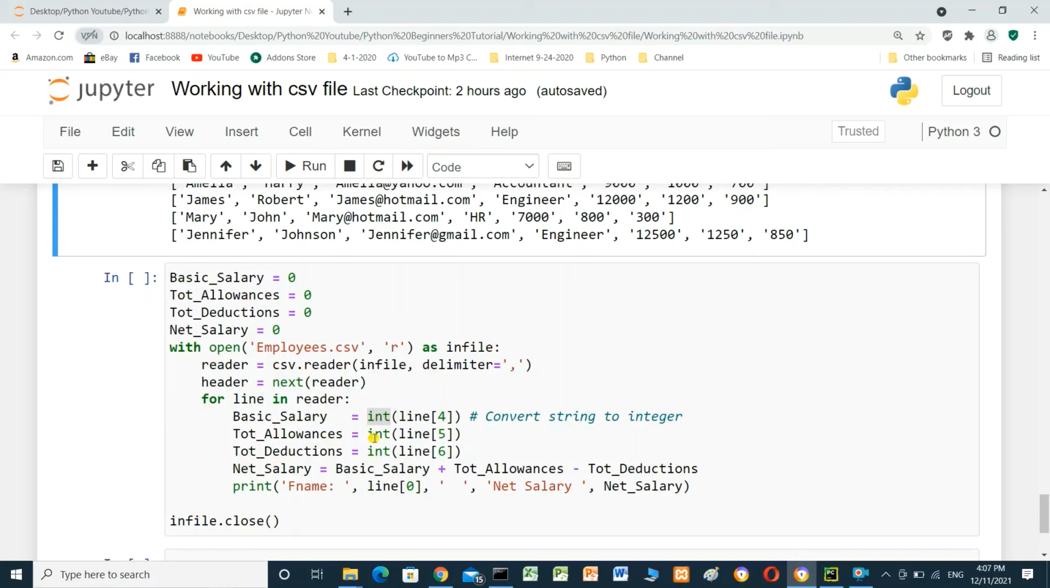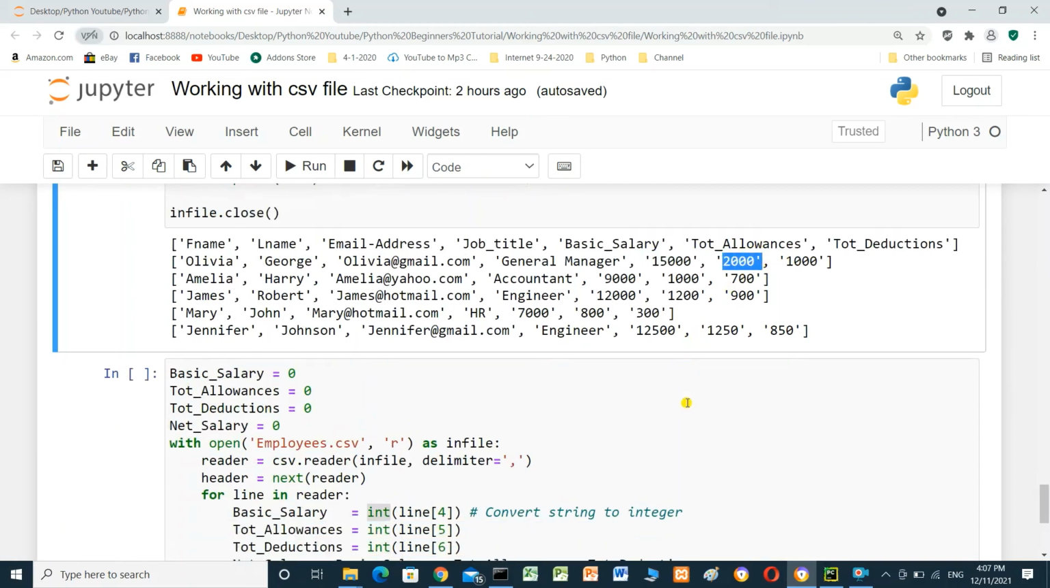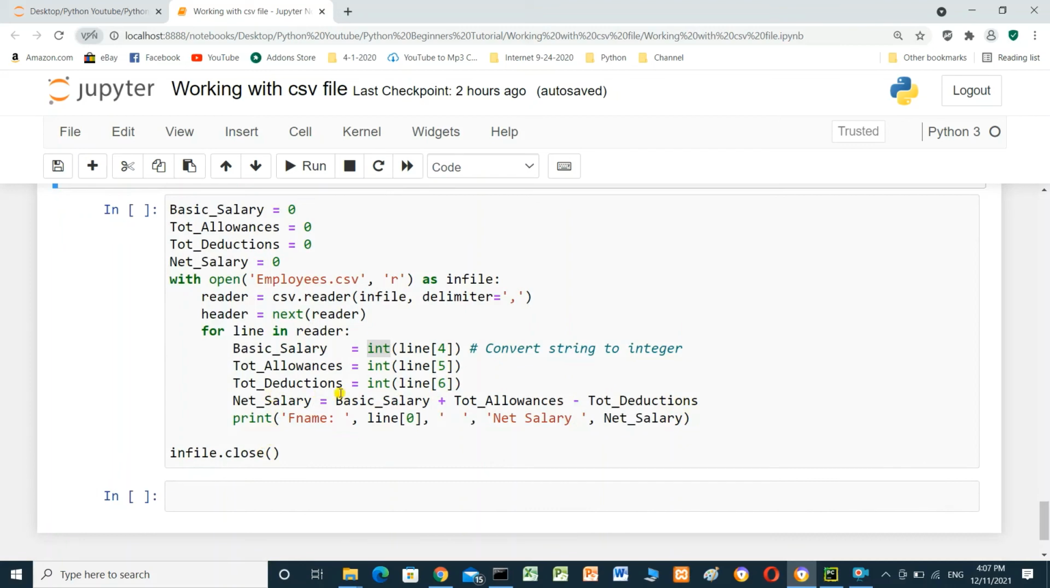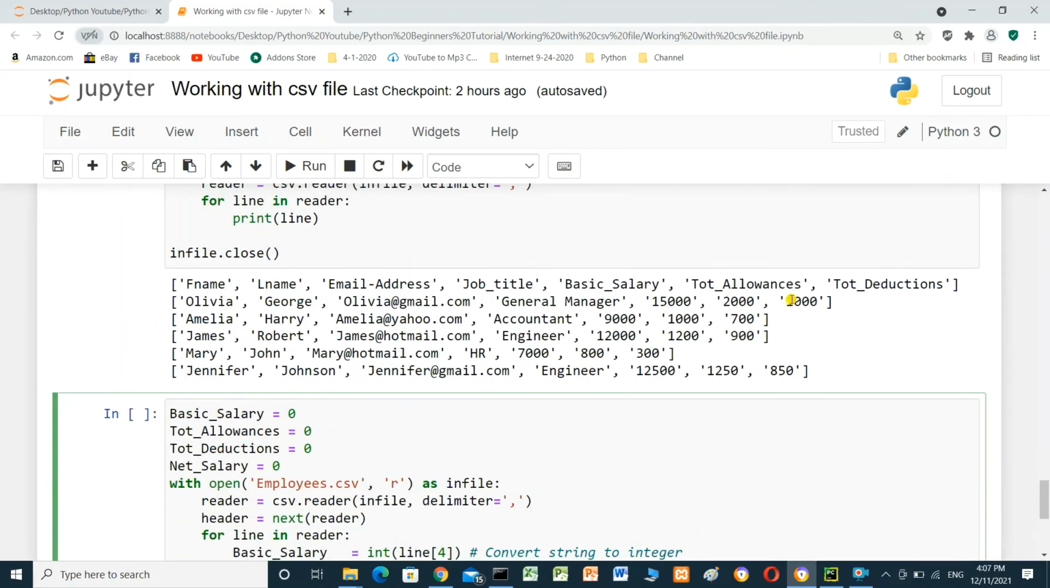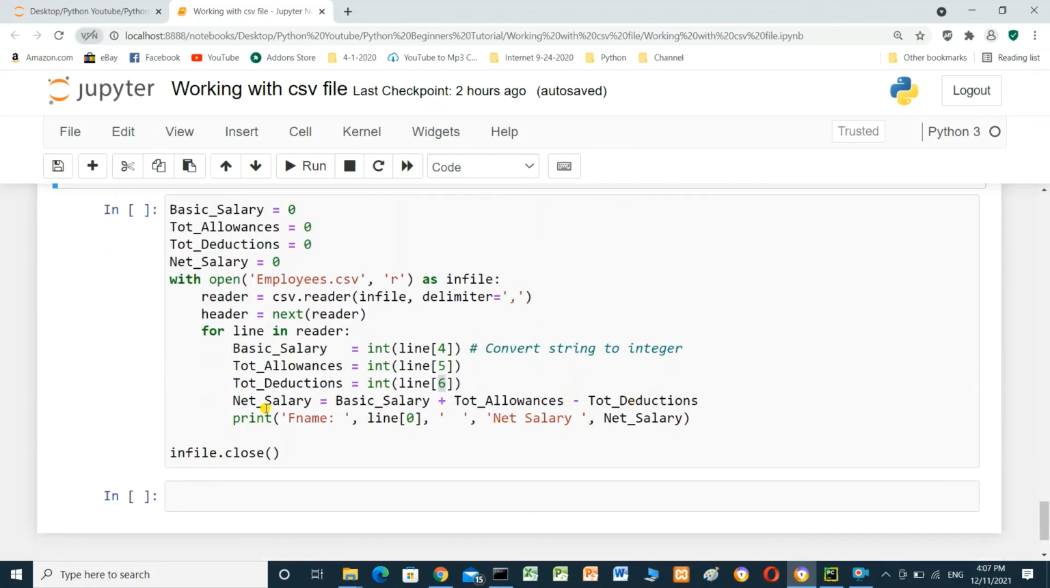Total allowances equals int, same, line of index 5. This is index 5, 2000. Total deductions, int, line of index 6. This is index 6. And net salary, the variable which we declared here, equals basic salary, this one, plus total allowances minus total deductions,